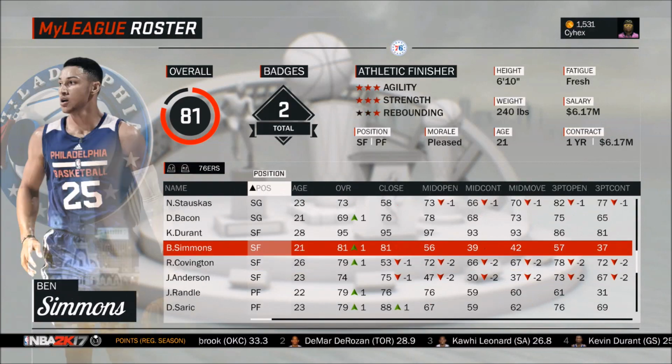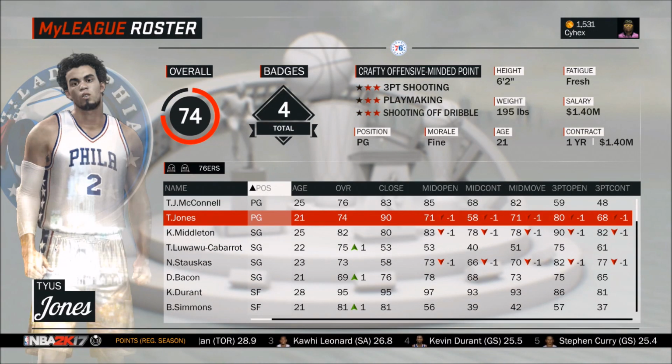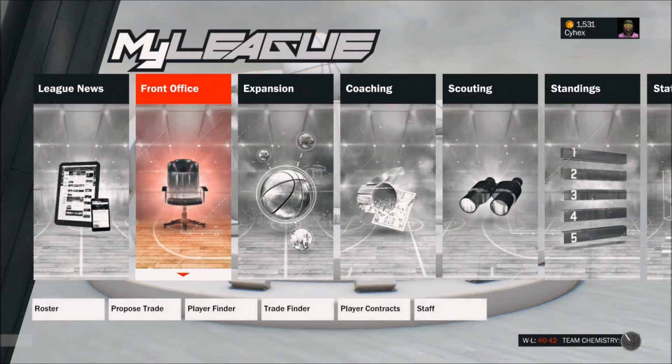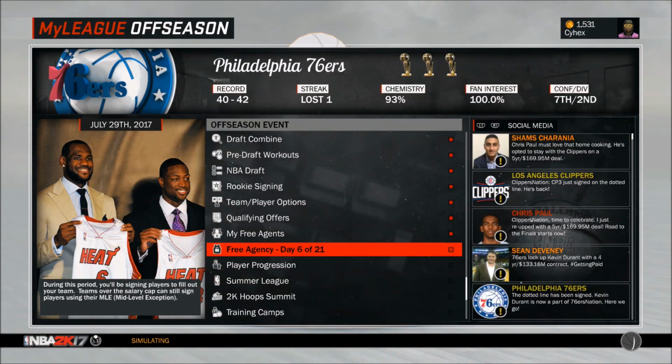So TJ McConnell's the starting point guard. I don't know how much I like that. I mean, he's not awful. And then we got Tyus Jones the backup, which isn't bad either. I mean, luckily everybody else is really solid, and they'll develop. So let's just check player progression. We have like $13 million, so we'll just save that money, and coupled with, I don't know, maybe a few other guys leaving,